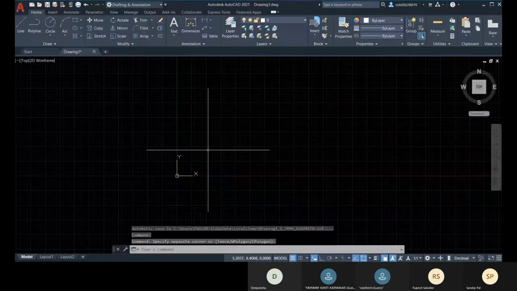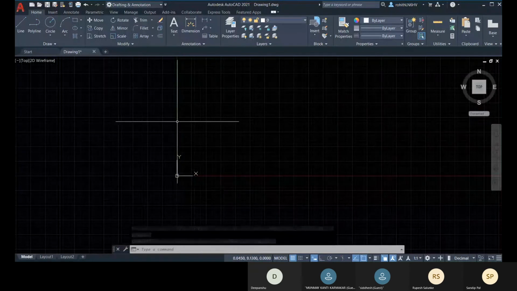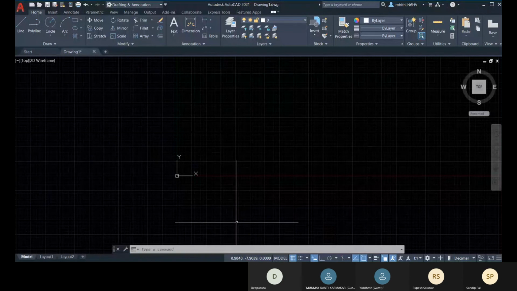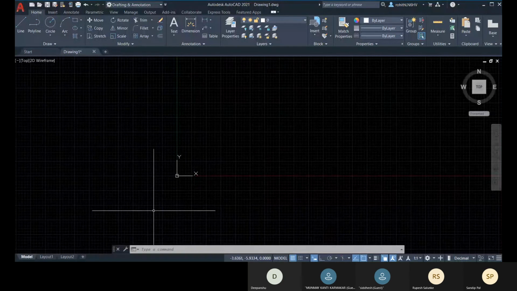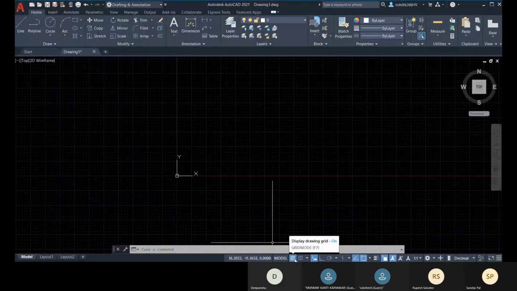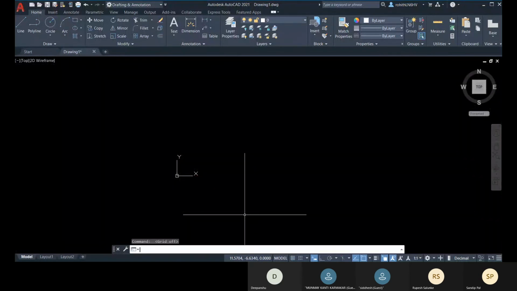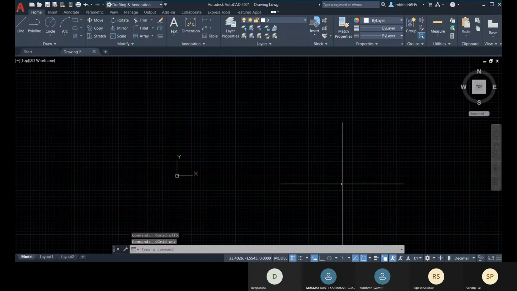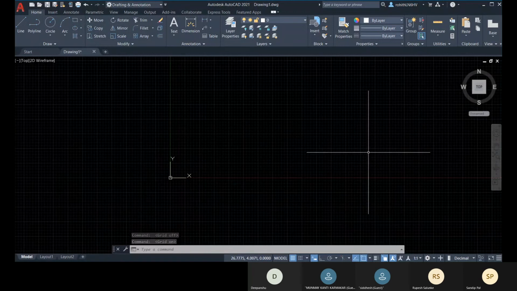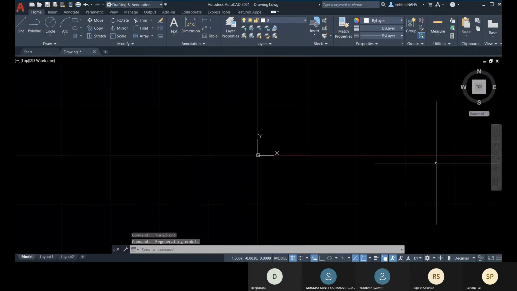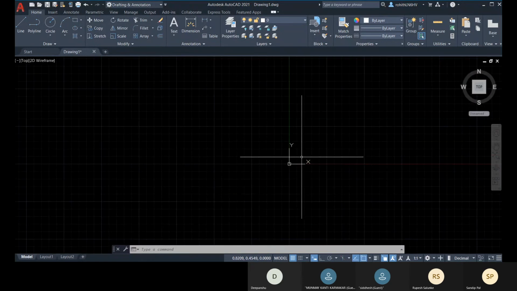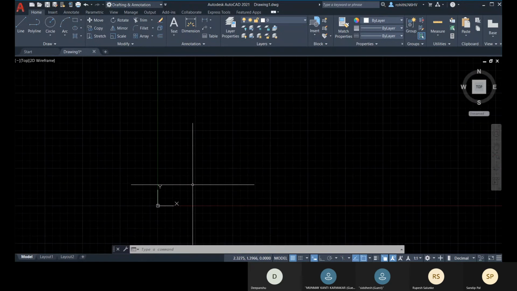Okay, and I have this graph as per my coordinates. It is set. Okay, so for the graph, you can choose F7 to turn the graph on and off, or grid. Now, let me tell you how AutoCAD works. Okay, you can see that right now this is the UCS icon. And now let me tell you that